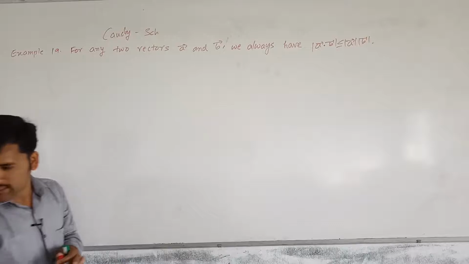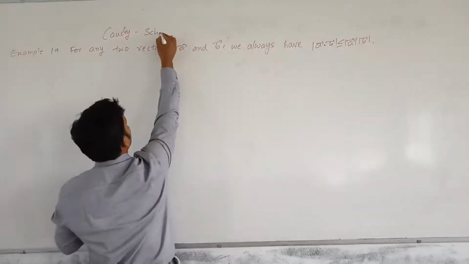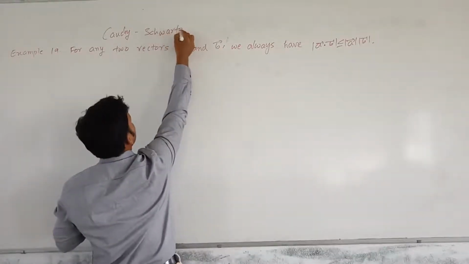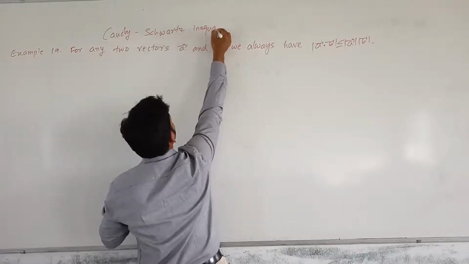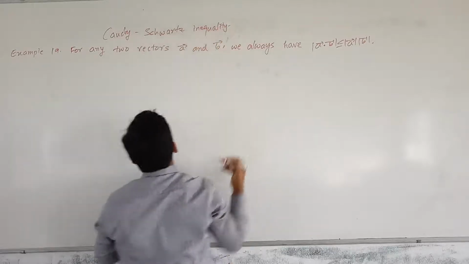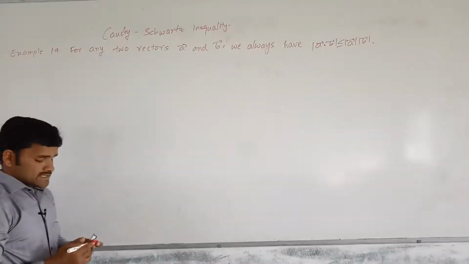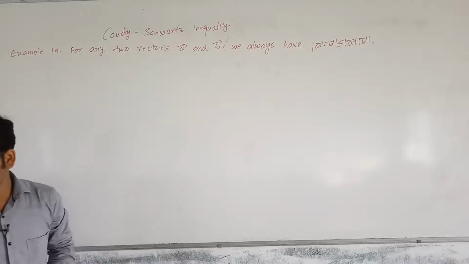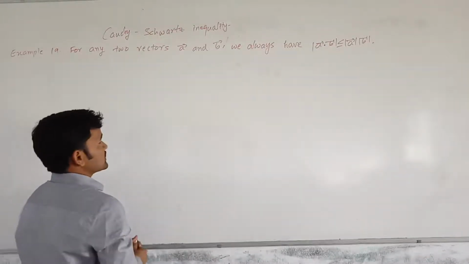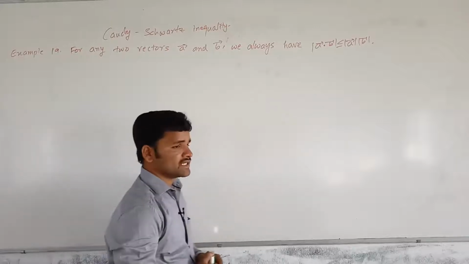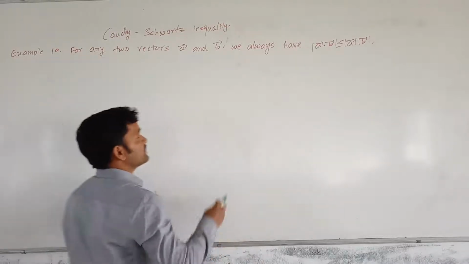Cauchy-Schwarz inequality. You can remember this as a theorem also. Cauchy-Schwarz inequality, that is taken as example 19. Let us prove whether it is correct or not. For any two vectors A and B, we always have